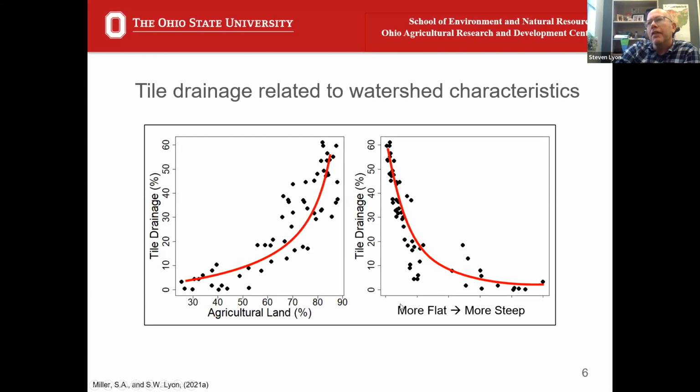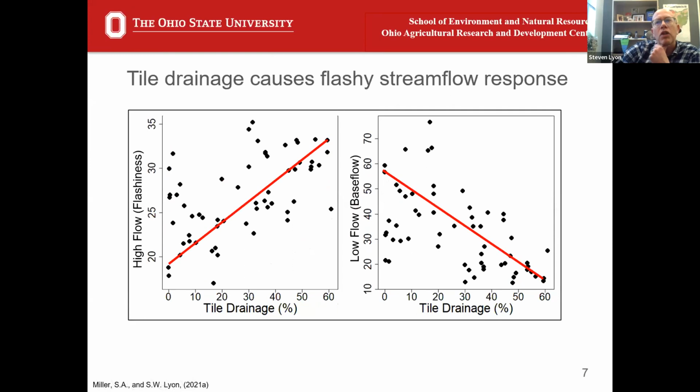Then we also looked at what kind of landscapes these are. As we move from flatter landscapes to steeper landscapes, from the left to the right here, we see this decrease in tile drainage. So obviously flat areas where water tables want to hang out near the surface, we put tile drainage in there to pull down that water table. Whereas the steeper locations, more mountainous or more hilly terrains, those naturally want to drain out, right? So this type of analysis here just confirms that the data we're working with makes some physical sense for a landscape.